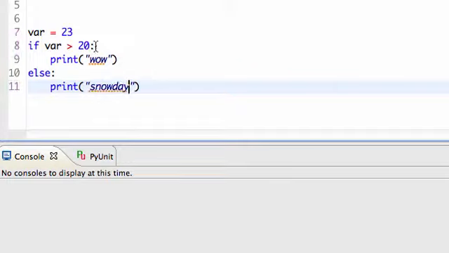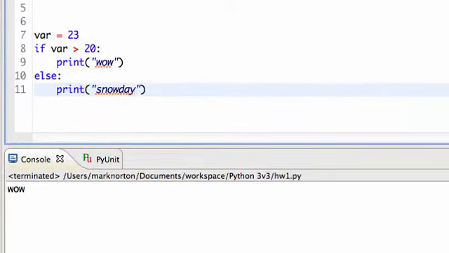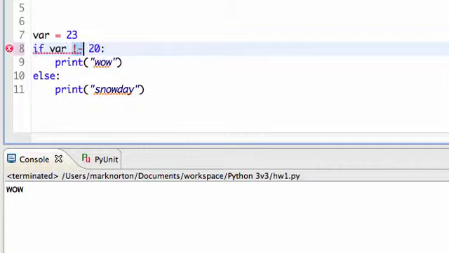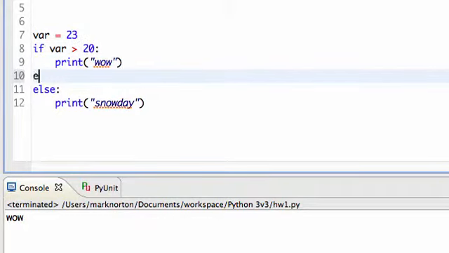So we learned about this basically where I can make an if statement and check if it's greater than, less than, or not equal to, just like I talked about in the other video, but I also want to talk about other ways to do things. Let's say I had more than just two conditions. I wanted to check if var was greater than 20, greater than 40, greater than 30. Instead of just having an if-else clause, there's a way to add more selections. And the way you would do that is with something called an elif clause, pronounced